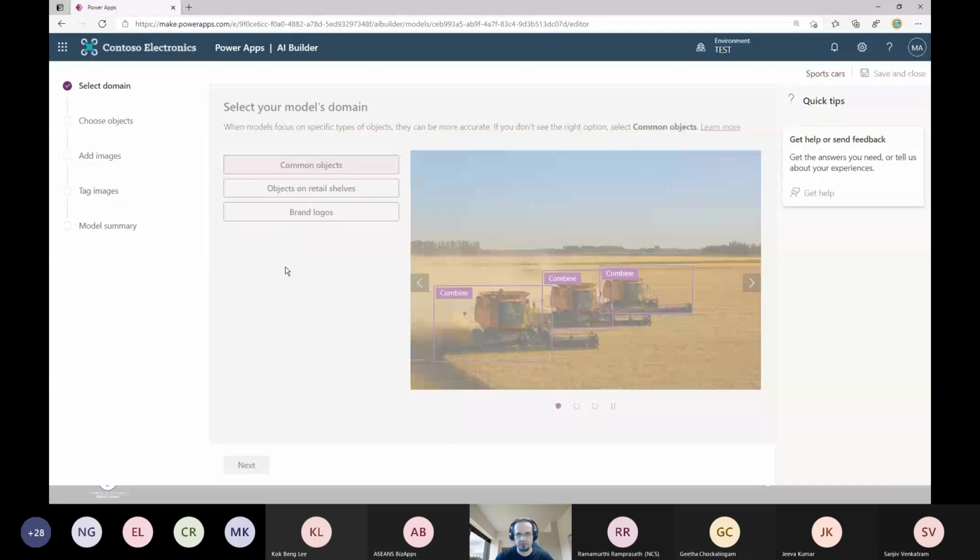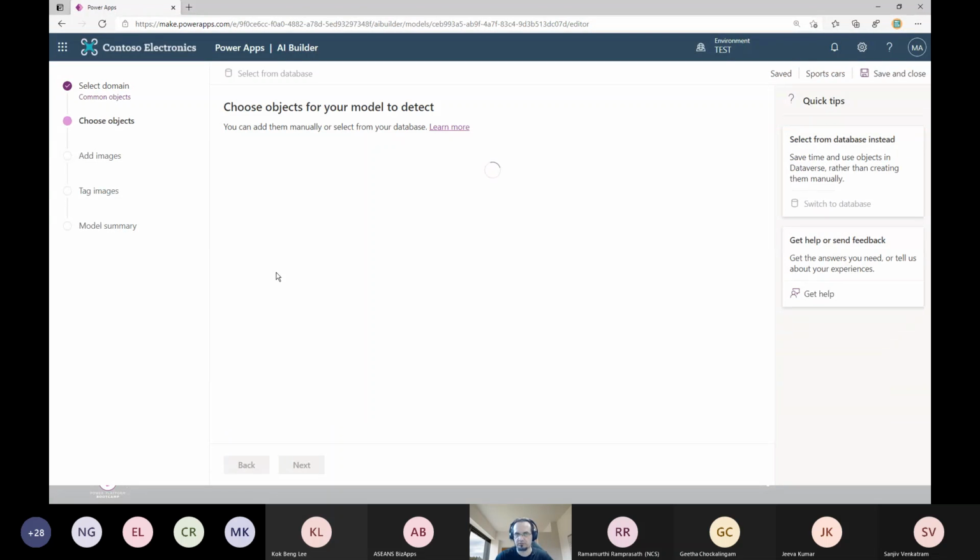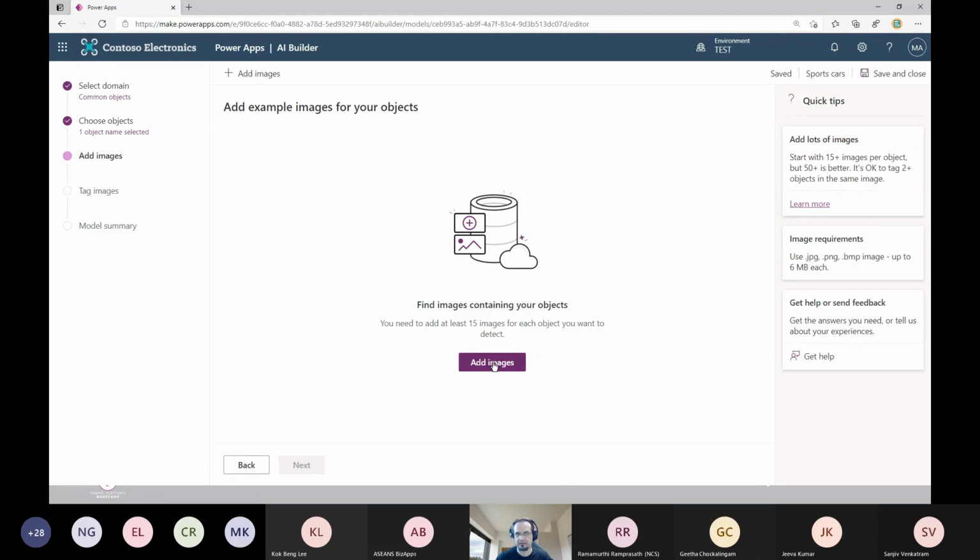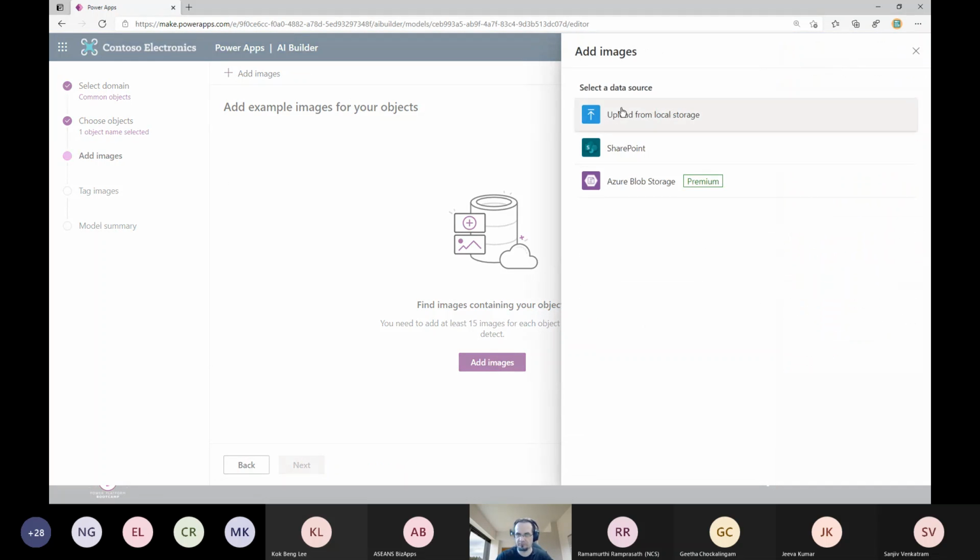And first thing, we must create an object. For this, I will say car. You can create multiple objects, let's say bike, etc. But for each object, you must provide at least 15 images when you select that object. I will stick to one object, and then I must upload 15 images from my local storage, from SharePoint, or